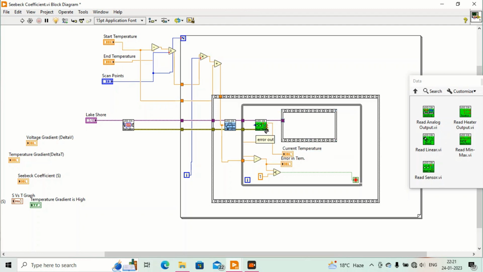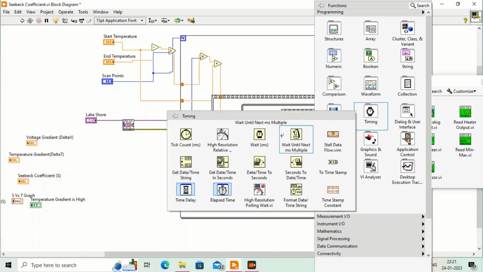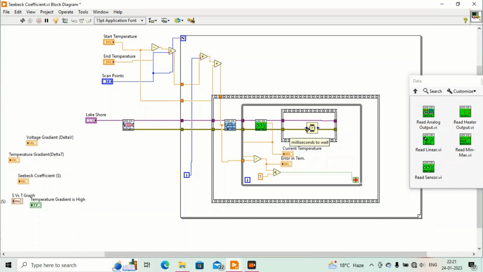We'll connect here and connect here, and we will wait for some time. I will put 1000 millisecond. So whenever this temperature is greater than 1 Kelvin or 1 degree centigrade, this will wait for 1000 and we'll check it again. Okay,